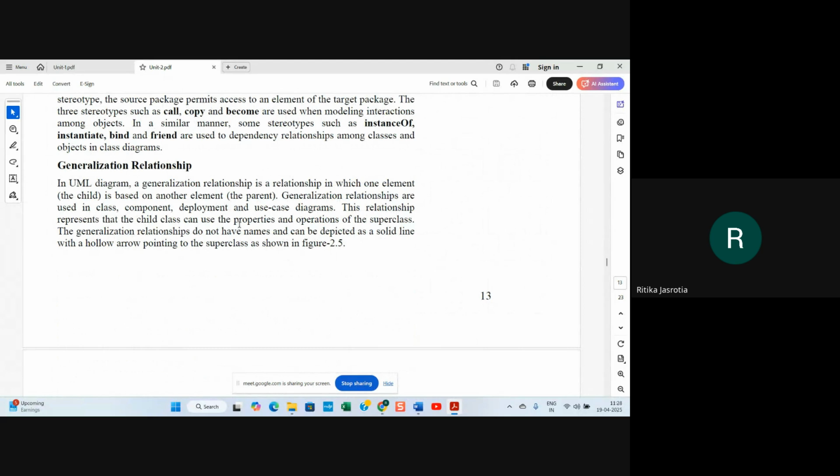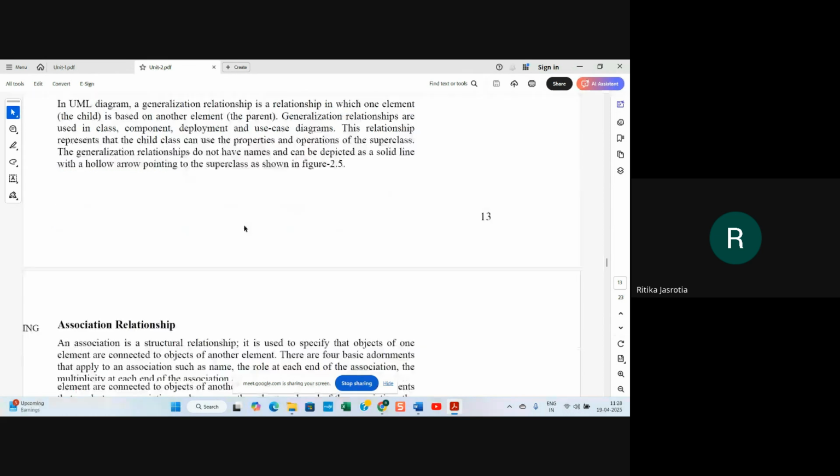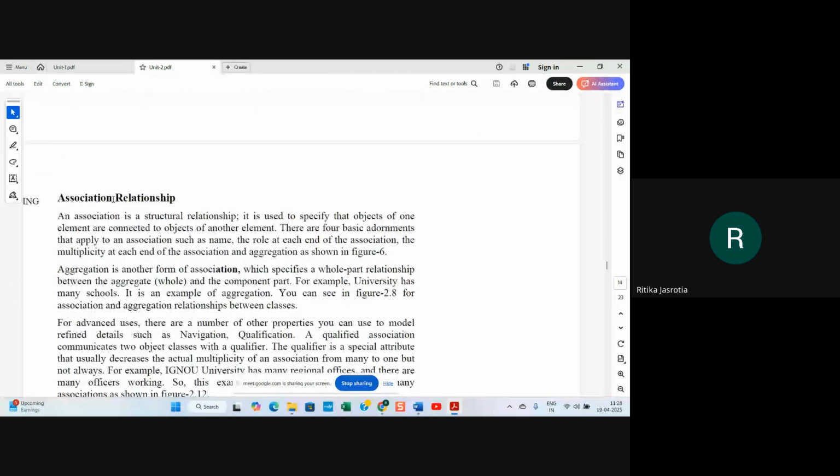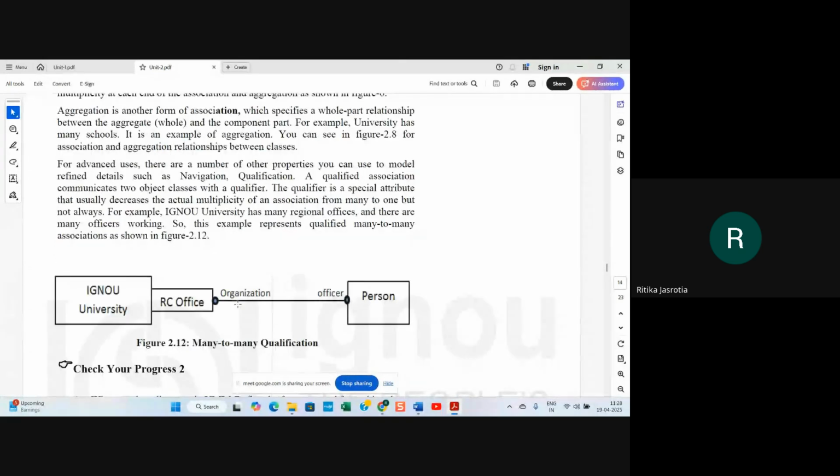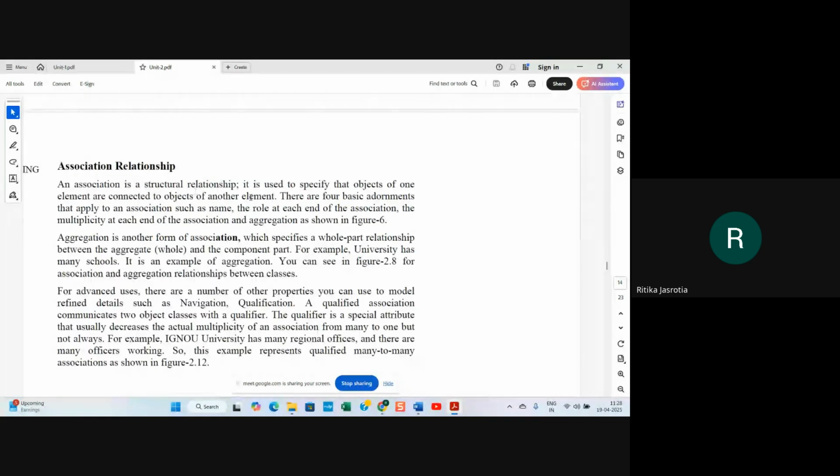Generalization relationship is a parent-child relationship, which we have shown. Here, association relationship is a simple relationship between classes. Association is a structural relationship used to specify that objects of one element are connected to objects of another element. There are two types of association.